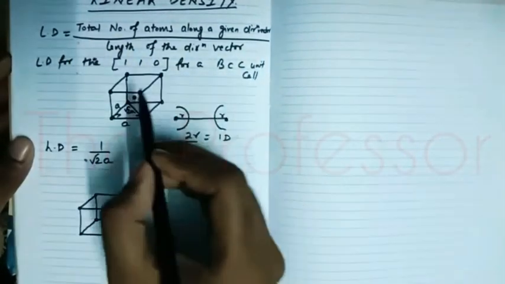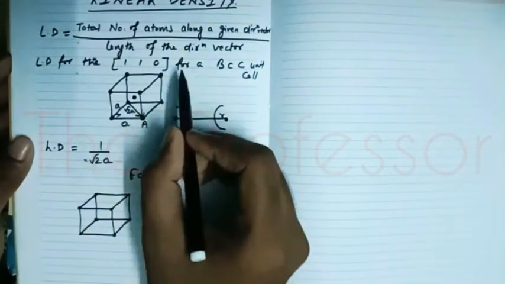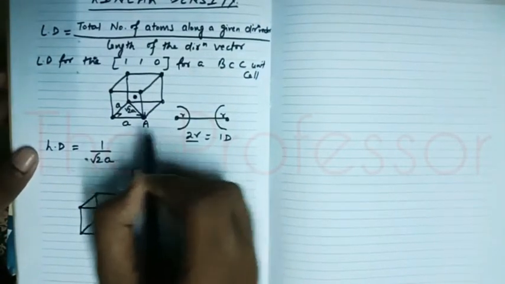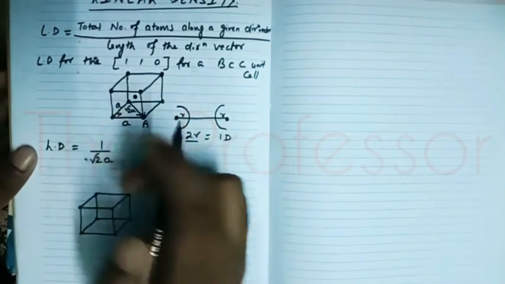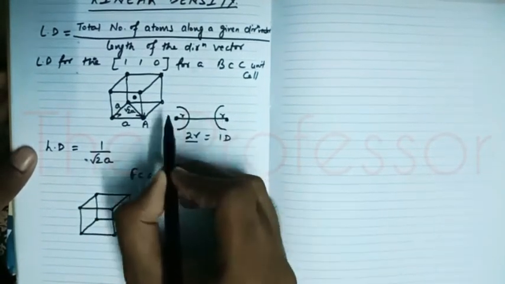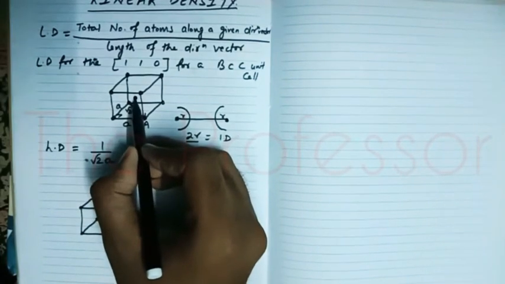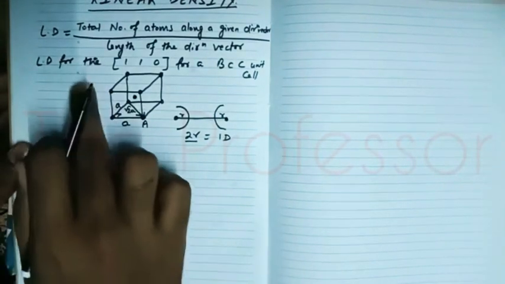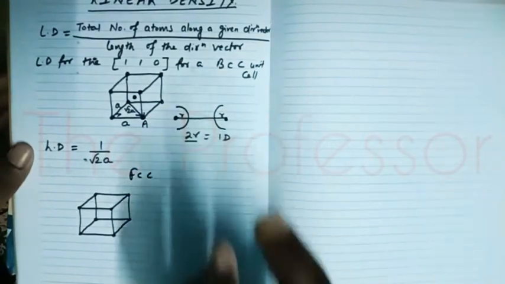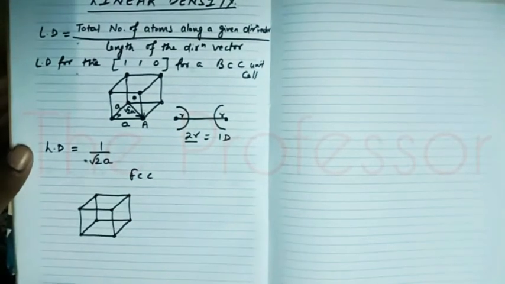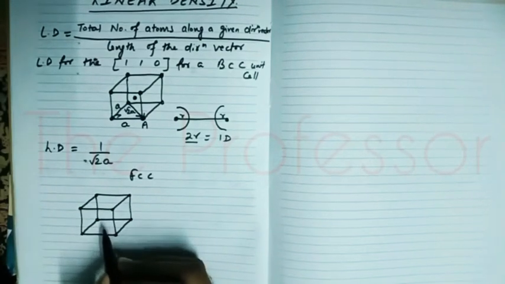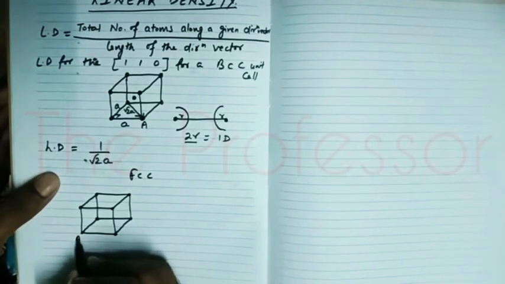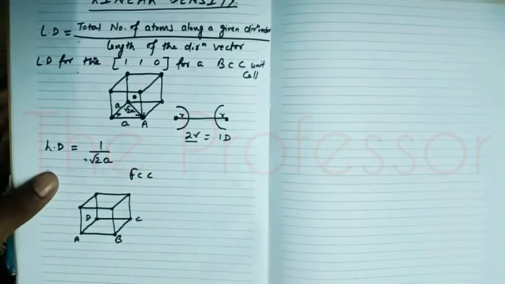But anyway, it is not going to affect our calculation, because we had to calculate the total number of atoms along a given direction vector, and along this direction vector no other atom was present, only these 2 atoms at these 2 corners. So the presence of the atom at the body center is not going to affect our result for linear density for this direction vector for a BCC unit cell. But when we talk about the FCC unit cell, we have atoms present at the center of each face, right? So let us focus on one face. Let us focus on the bottom face, A, B, C, D, right? This is our point.